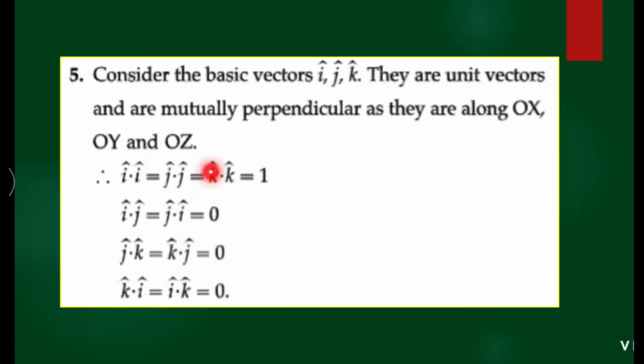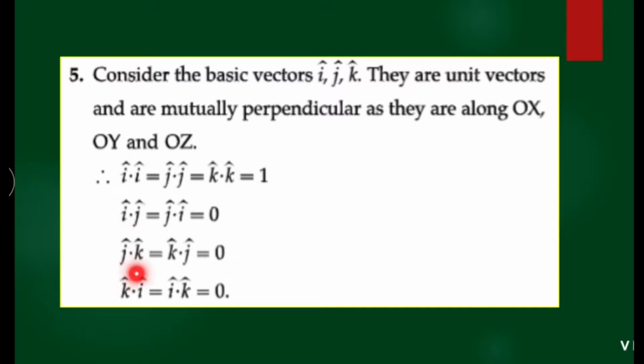When we take the product of two unlike unit vectors, then their dot product is always 0, because when we consider unit vector i and unit vector j, these vectors are along the x-axis and y-axis, and we know that the x-axis and y-axis are mutually perpendicular to each other. That means the angle between the two unit vectors is 90 degrees. So by definition cos 90 is 0. So when we write the product of two unlike unit vectors, their dot product is 0.